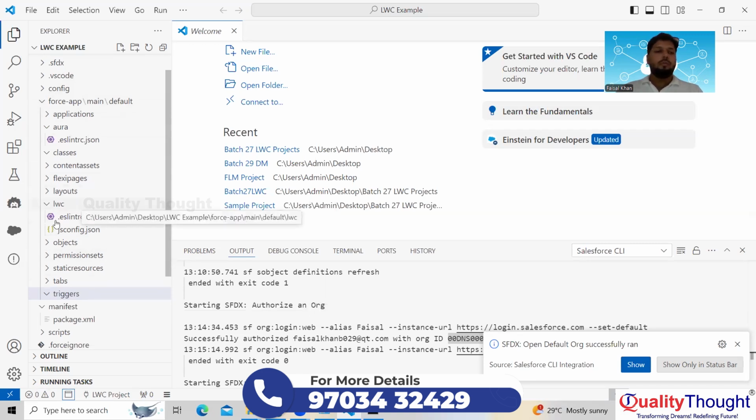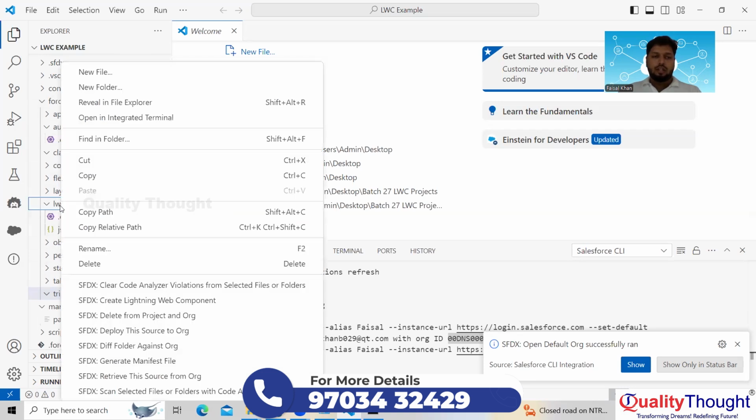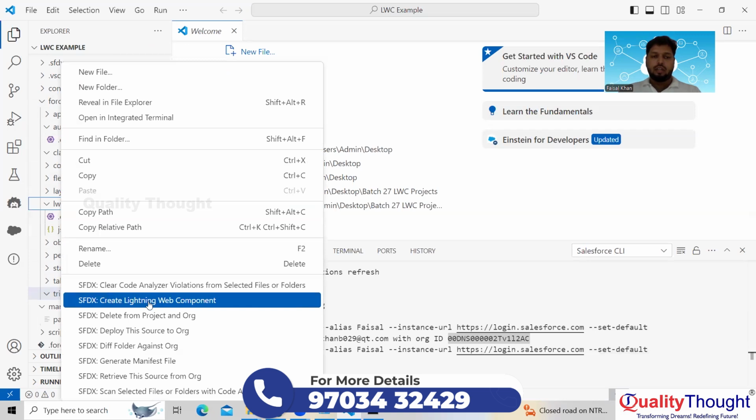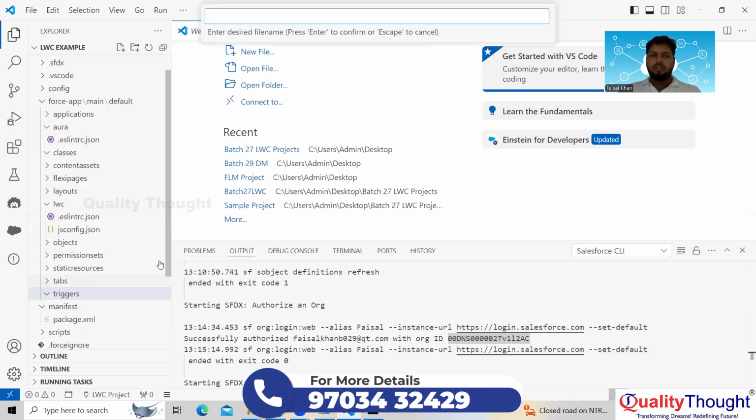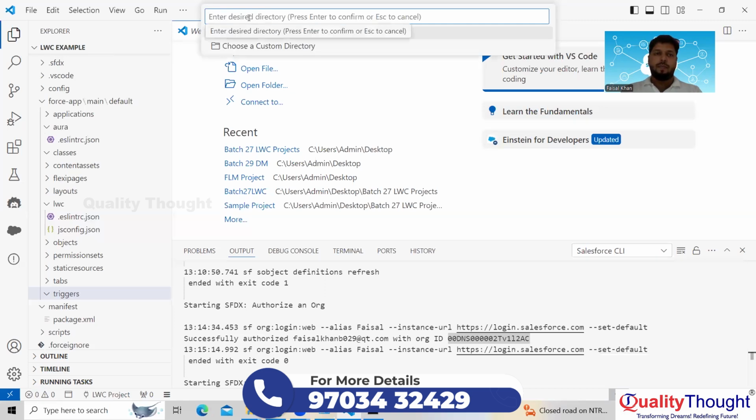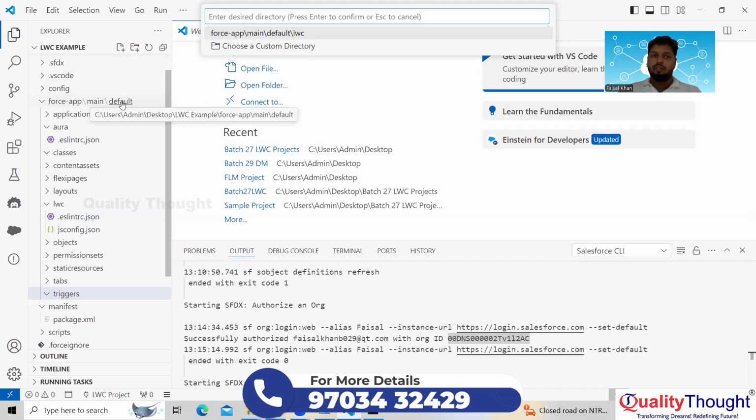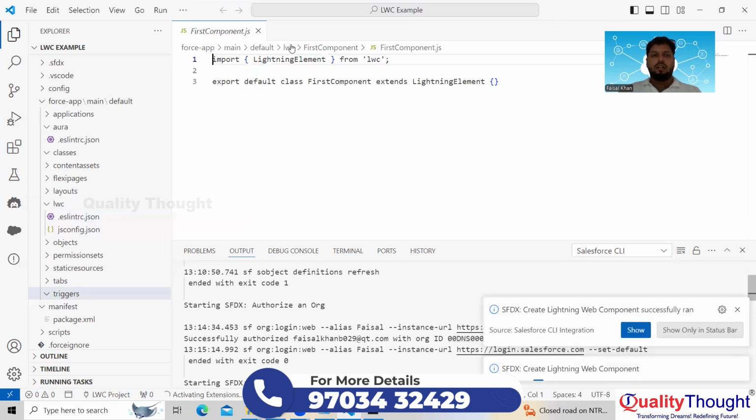To create an LWC component, you see, I just need to go to this LWC folder. I just need to give it a right click, and here you can clearly see Create Lightning Web Component. After clicking on it, I just need to enter a name. Let's say first component is the name, and press enter. And again, you see, I have to save it in the location where you see this navigation is the same: force-app, main, default. You see force-app, main, default, and then LWC. Right? I just need to click on there,